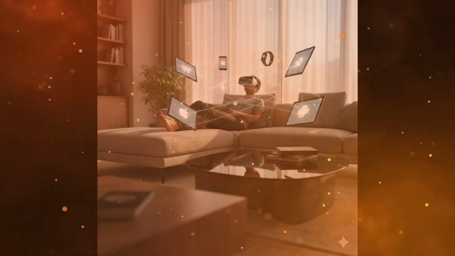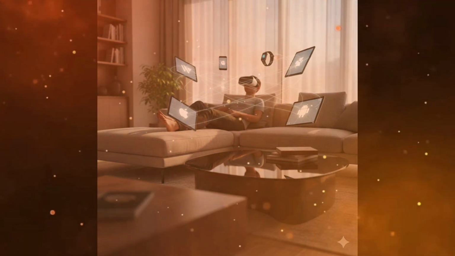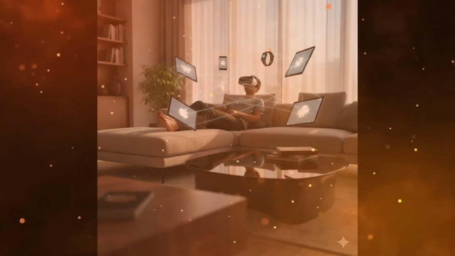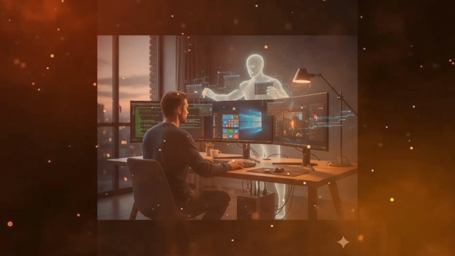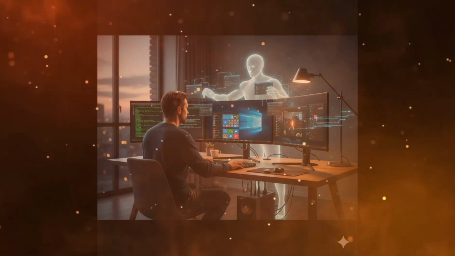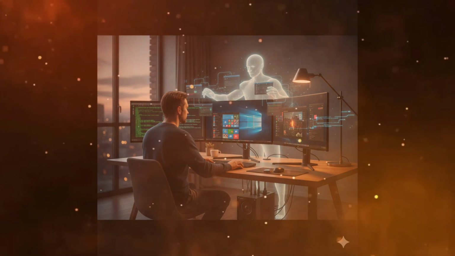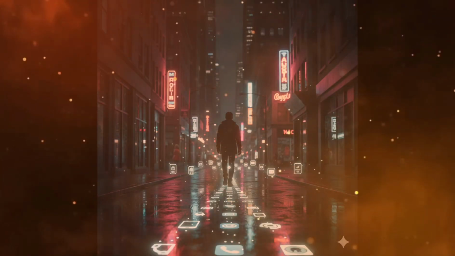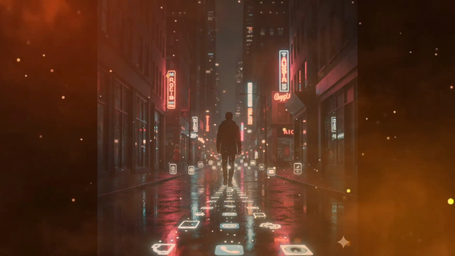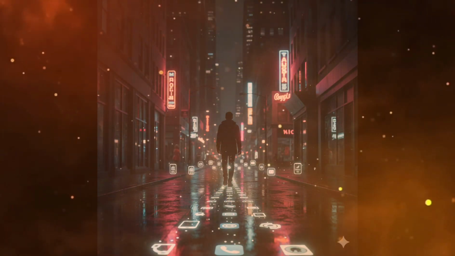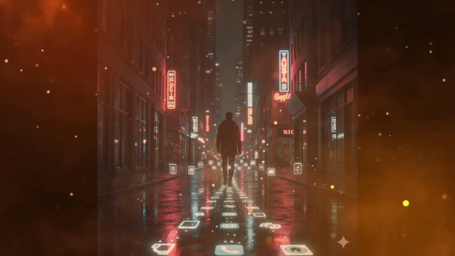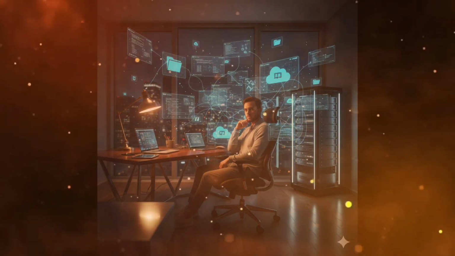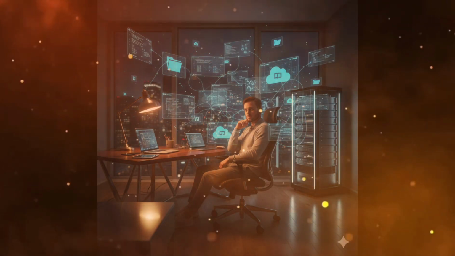By the late 1960s, computers were still huge, but they were becoming more common in universities and large companies. And people wanted something new. They didn't want to wait hours for their program to run. They wanted interaction. Which sounds obvious now, but at the time, it was ambitious. So engineers developed something called time sharing. Instead of running one program at a time, the computer would switch between many very quickly, giving each user a small slice of time. It created the illusion that multiple people were using the computer simultaneously, even though, under the hood, it was just switching very fast.